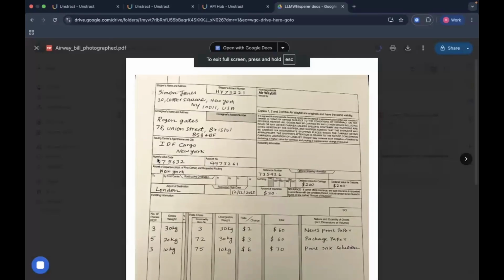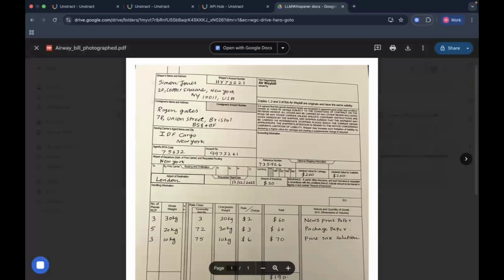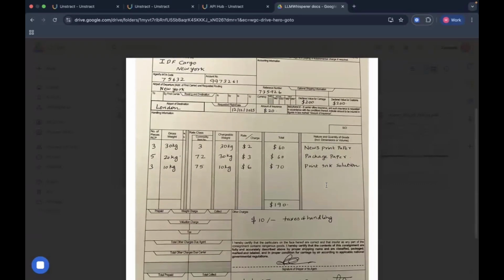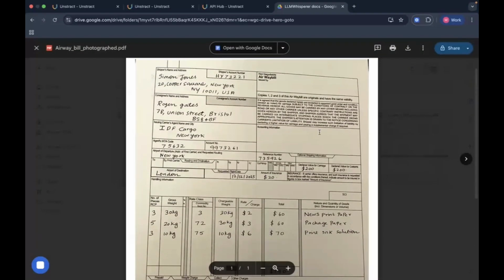The first document is the airway bill. As you can see, this is a scanned document and it has some handwritten text as well. Now, the reason we need to extract this text, I mean, I can probably pass this document directly to LLMs